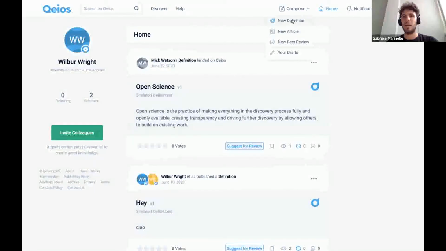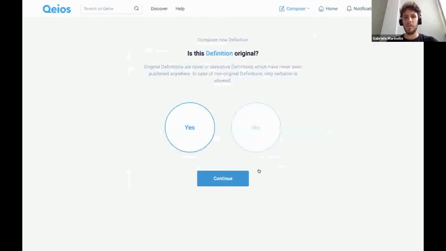So let's say that we want to start the composition of a research paper with some definitions in it. I'm going to first compose a new definition. You can see how it works. This is the question that is asked when I click on compose new definition: is this definition original? What does this mean?